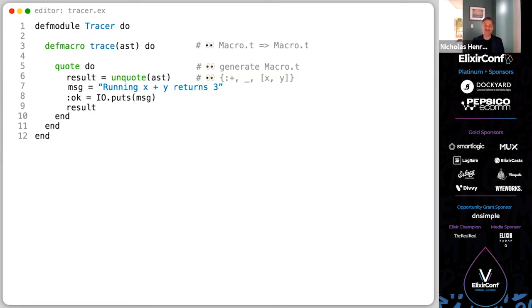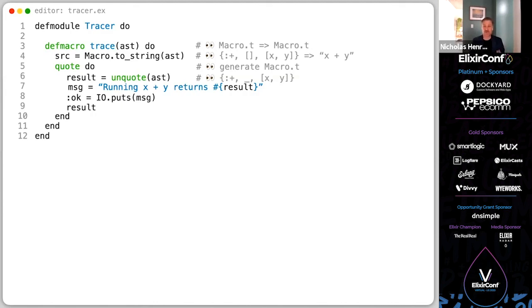Obviously we don't want to leave that hard coded in there. Now the nice thing is that we have result, the result of that expression. And so we can replace 3 with result. So we can do some string interpolation here. Now we have our x plus y, and we want to be able to do that dynamically. And so this brings us to toString on the macro module, and it allows us to convert the AST to a string.